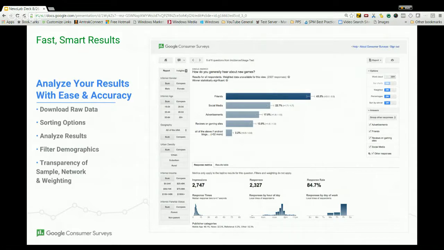And let's just drill into that for just a second, Matt. Tell us a little bit first of all about the weighted options there. What is that feature, and how does that help me as a researcher? Yeah, so the default is that the weighting is on. So just to summarize that at a very high level, what the system does is that it weights based on